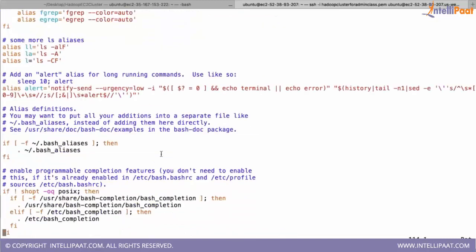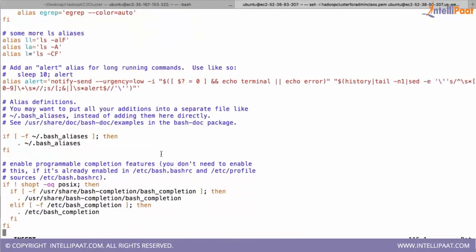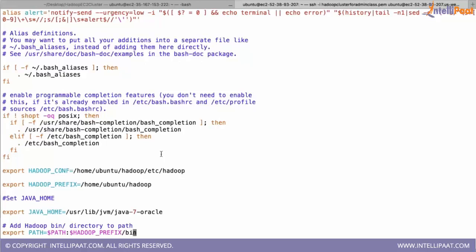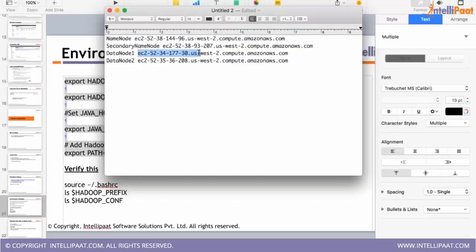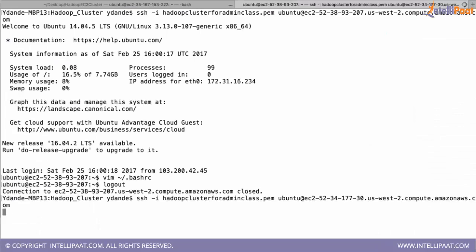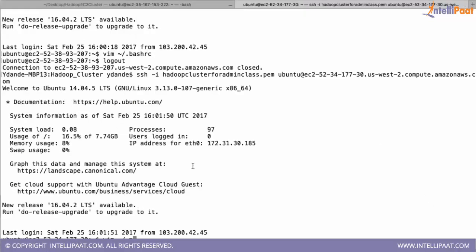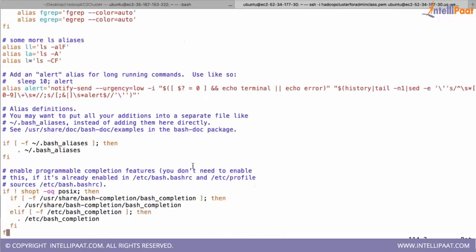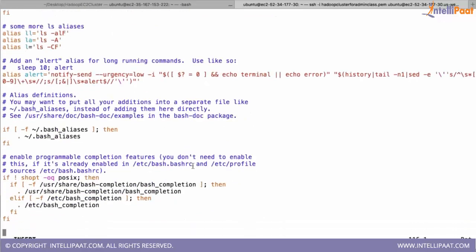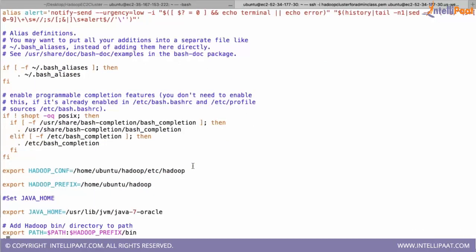Go to end, save it, come out of that. Data node 1, bashrc, go to end, save it.